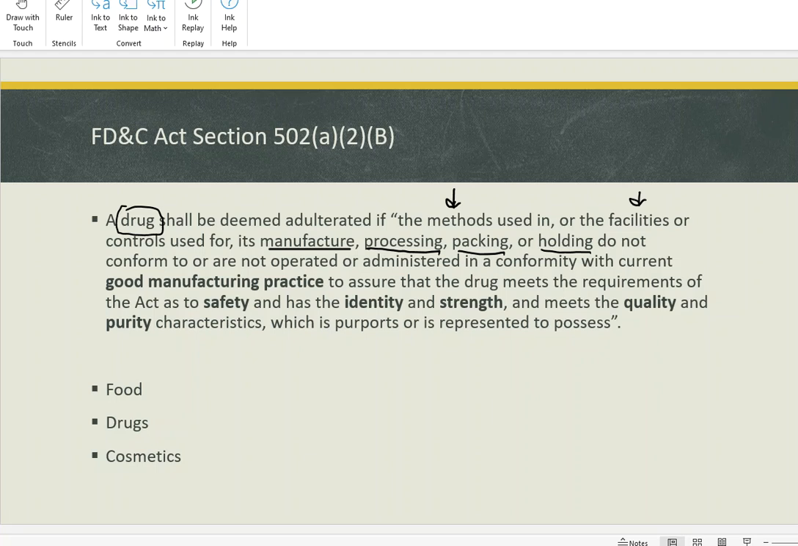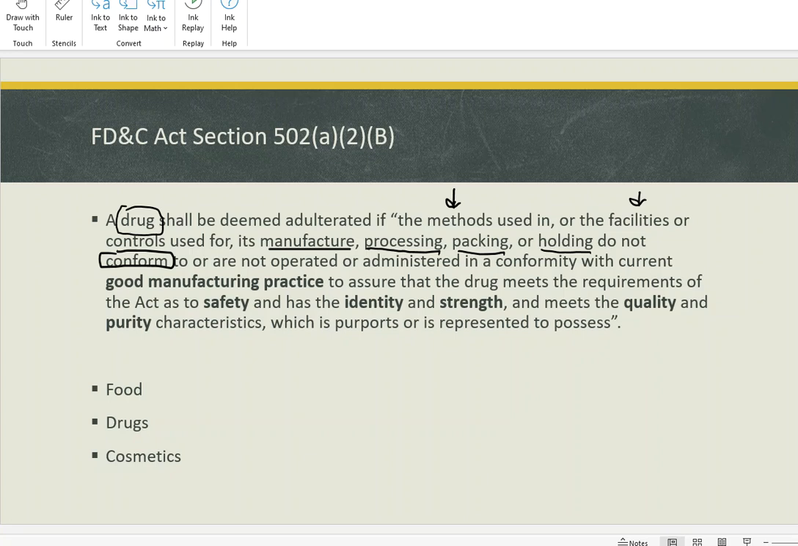Or holding. What happens after they're made and boxed and packaged? So who keeps them? How long are they there? All of that's going to have to be tracked. All of that's going to have to be monitored. And if any of those pieces do not conform, then you are not following good manufacturing practices. There's a part of this that has to need improvement, right? All right. So the methods used in or the facilities or controls used for its manufacture, processing, packing, or holding